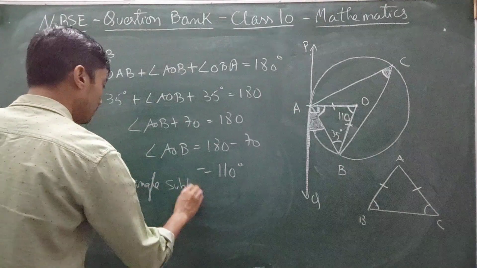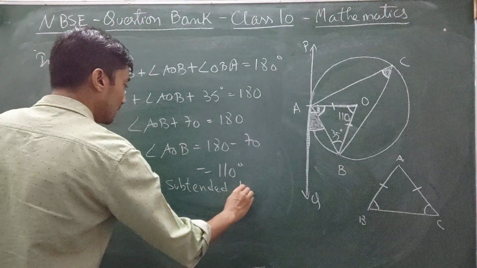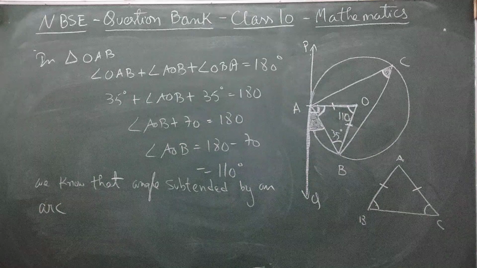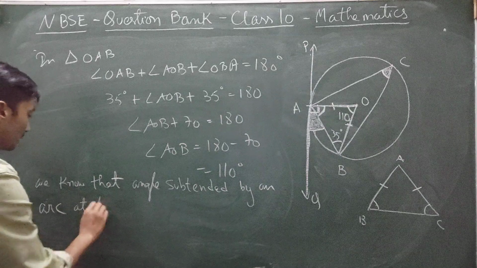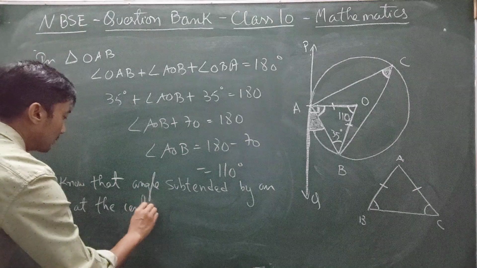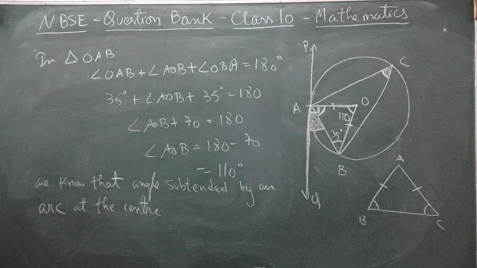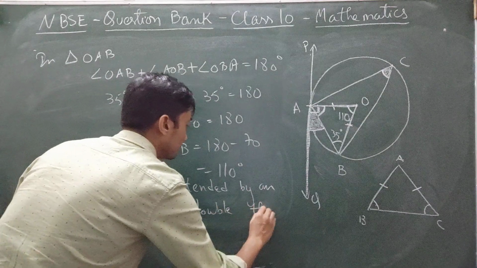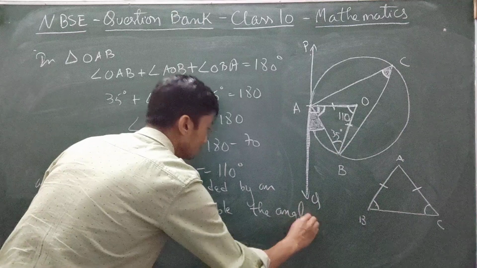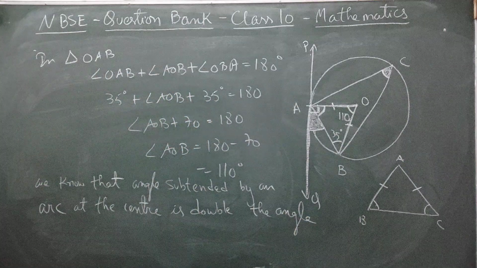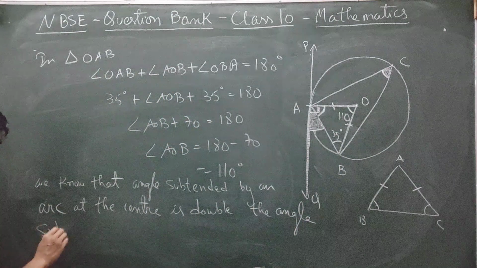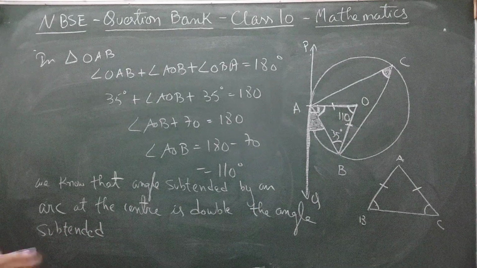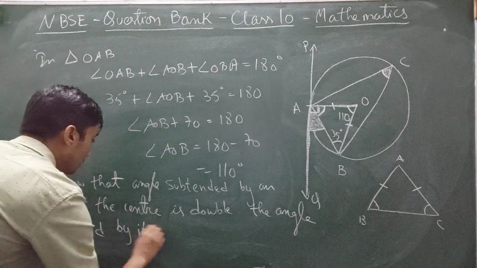We know that angle subtended by an arc at the center is double the angle subtended by it,